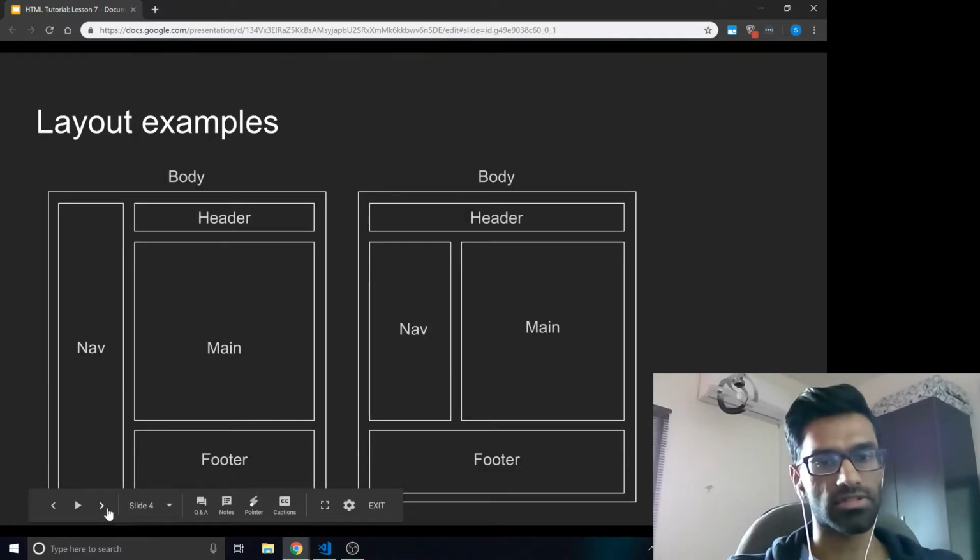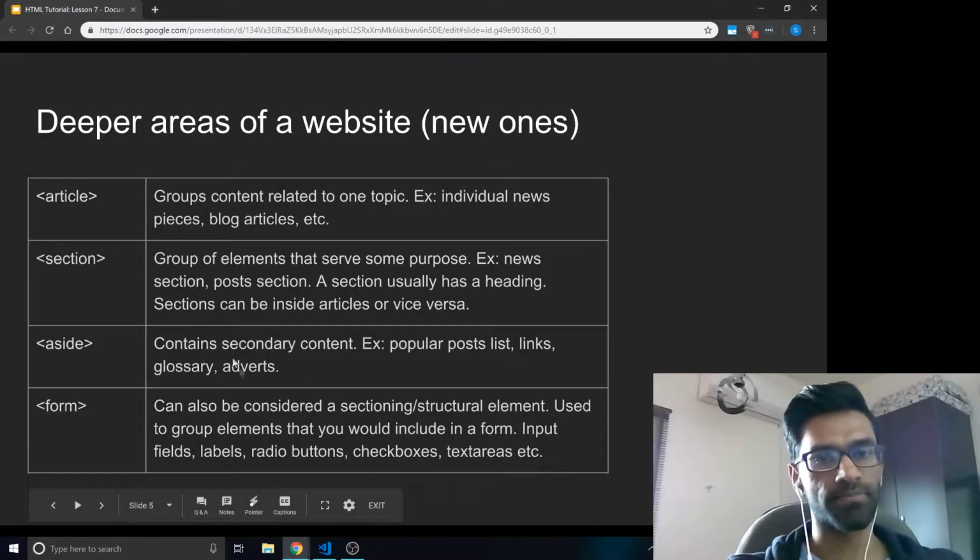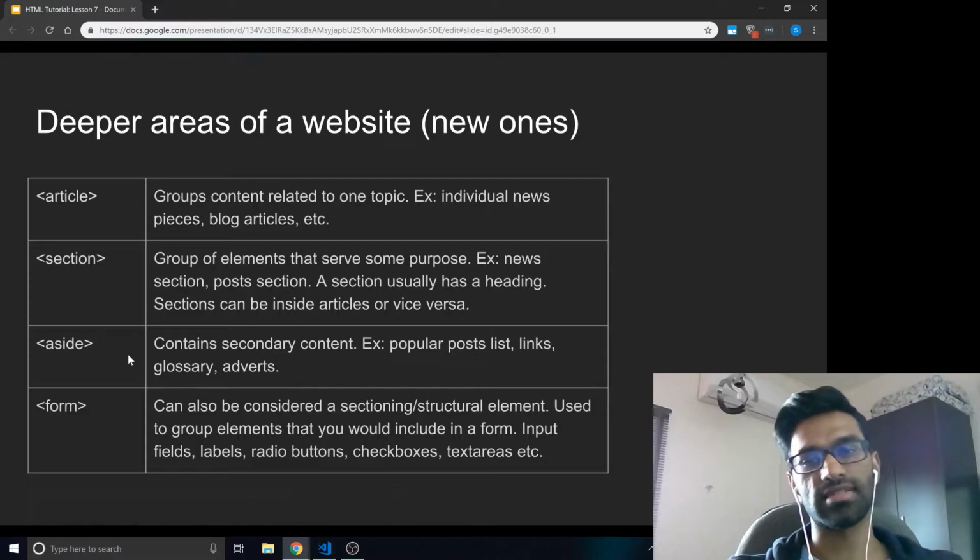Sorry, that was a nav. I'll show you the aside later. It's coming up. The aside is a piece of content that is usually moved to the side of the page,